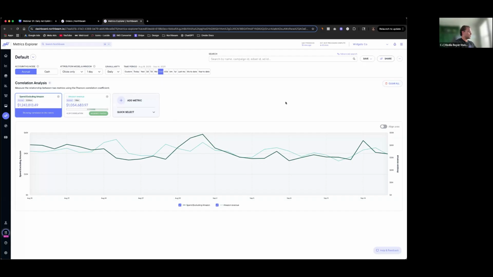One of my favorite ones is to look at a similar halo effect for something like YouTube. On YouTube, you don't get a lot of click-based performance. I think we all inherently know that, especially being inside of the Google Ads Manager. But if I put my YouTube spend right here, and then put my lower funnel revenue as the secondary metric to track, that's going to be my email revenue, SMS revenue, my organic and direct revenue. We will very, very often see a very high positive correlation between YouTube spend and our lower